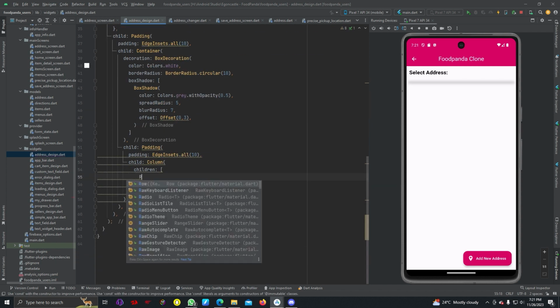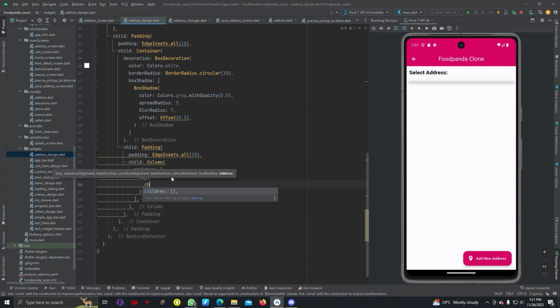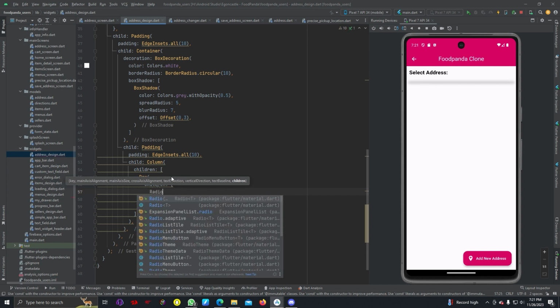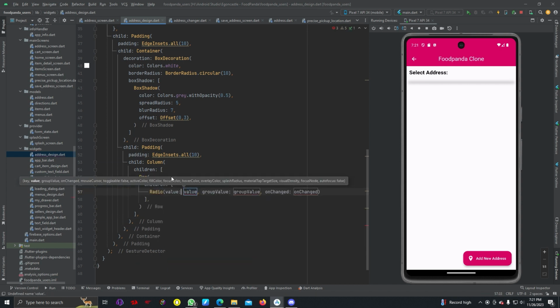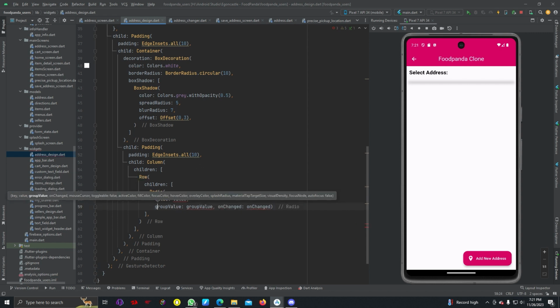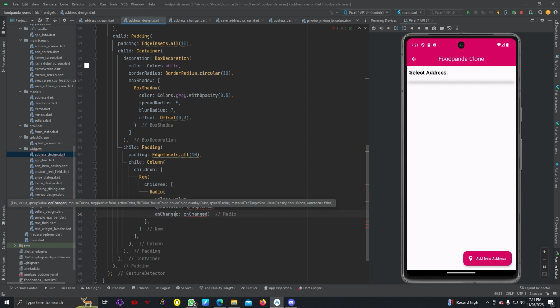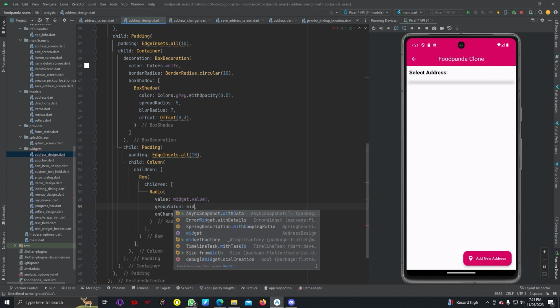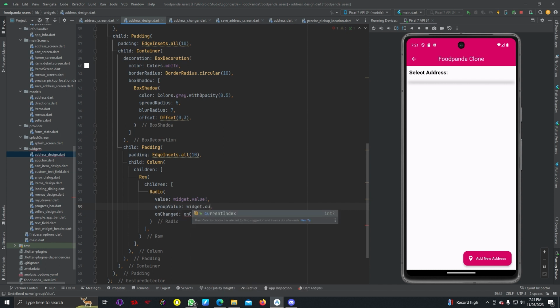So inside you can add a row, children, a radio, and in here we can give like widget dot value, then for group we can write widget dot current index,